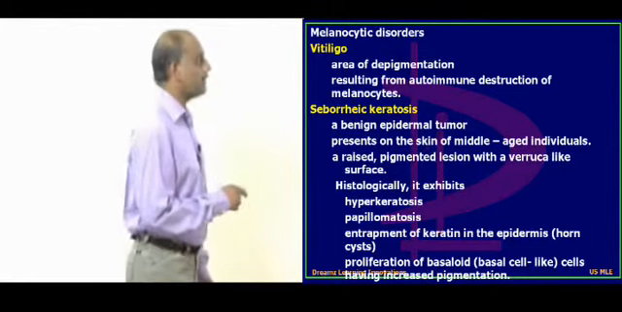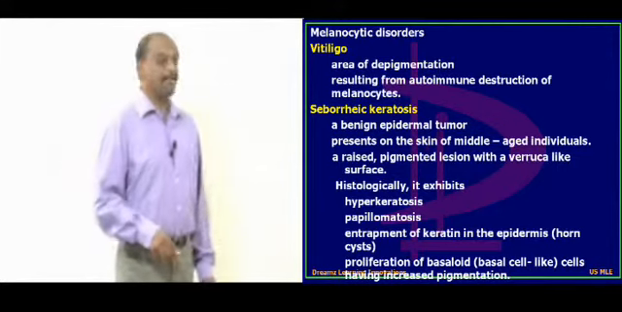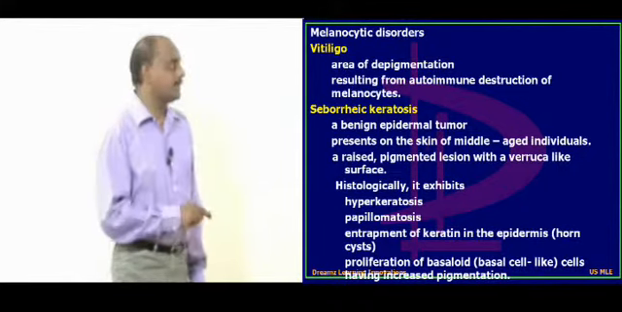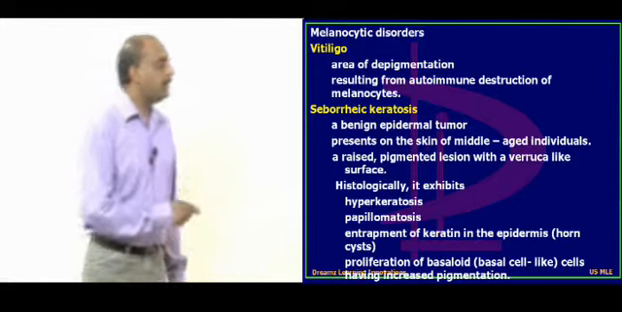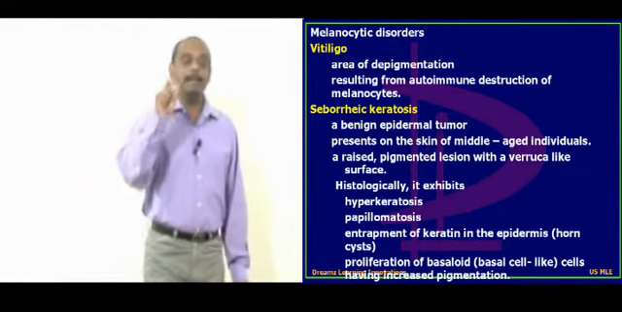Histologically, seborrheic keratosis will contain hyperkeratosis, papillomatosis will be there, and there is an entrapment of the keratin within the epidermis. That's the reason horn cysts will be developing, is what you need to basically remember. And there will be proliferation of a lot of basaloid cells leading to the development of the pigmented appearance of